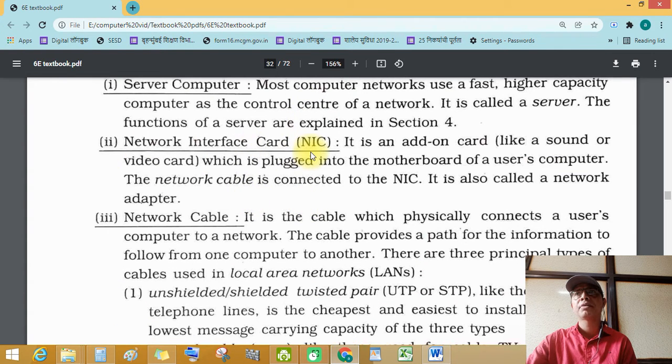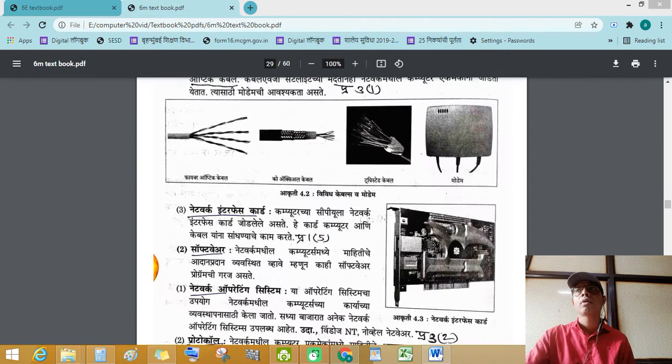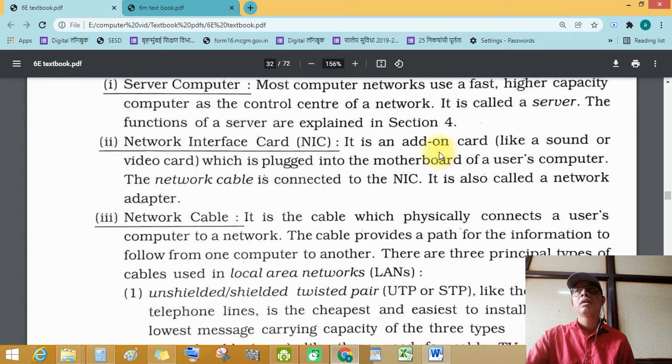Network interface card, NIC. It is an add-on card like sound or video card. Students, see this network interface card. This add-on card, like sound or video card, plugs into the motherboard of the user's computer.